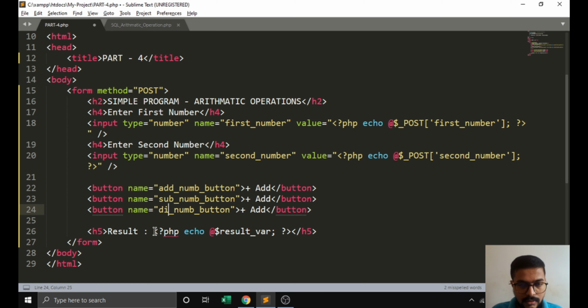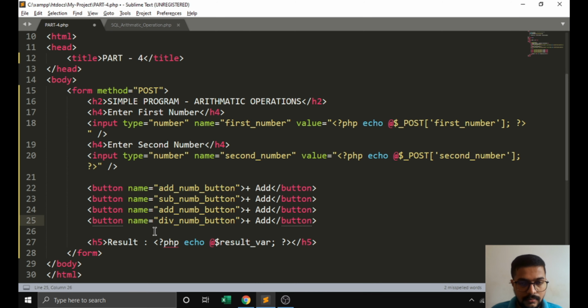add, subtract, division, and then multiplication.